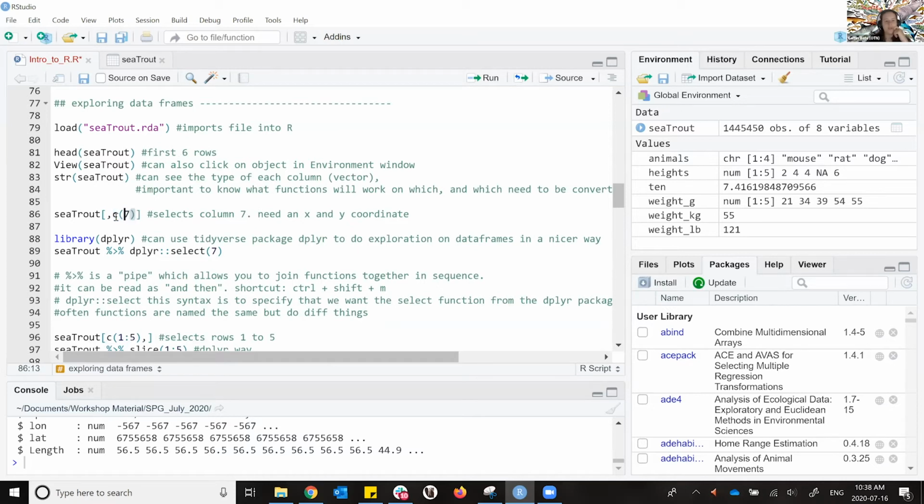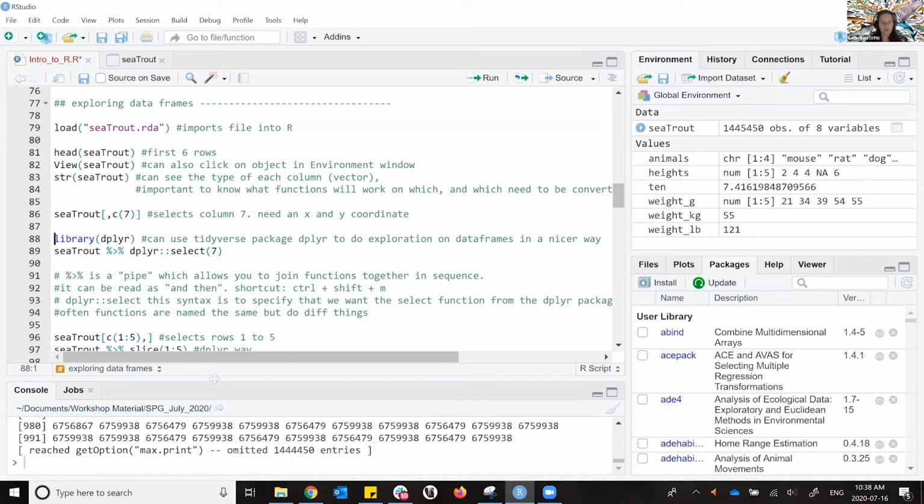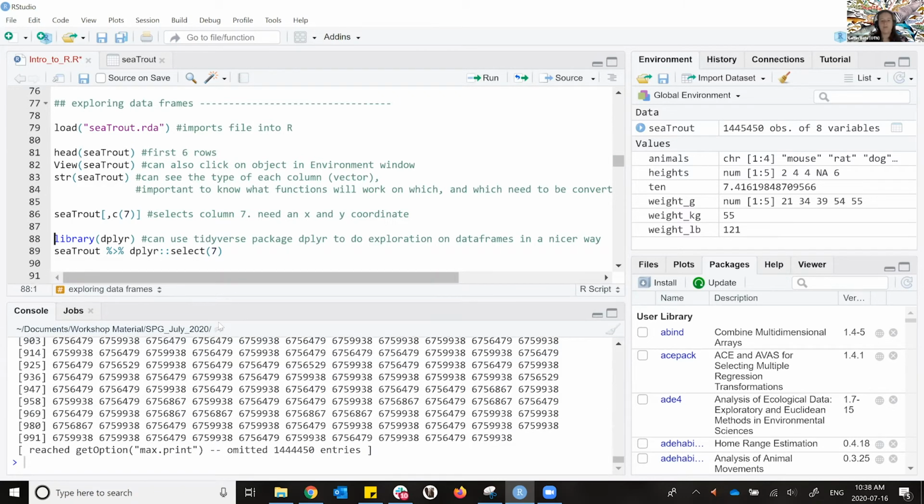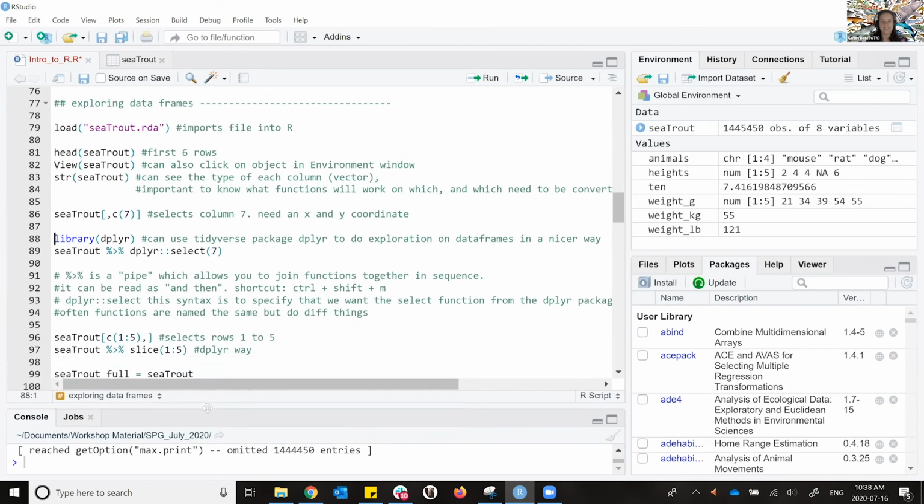You could also use combine and list all the columns that you want; this is just showing you that you can use the combine function within indexing. So I'm going to run that, and it's going to select all the rows of column 7. The printout is screaming at me because there are 1.5 million entries, and it can't print them all out. So maybe let's do